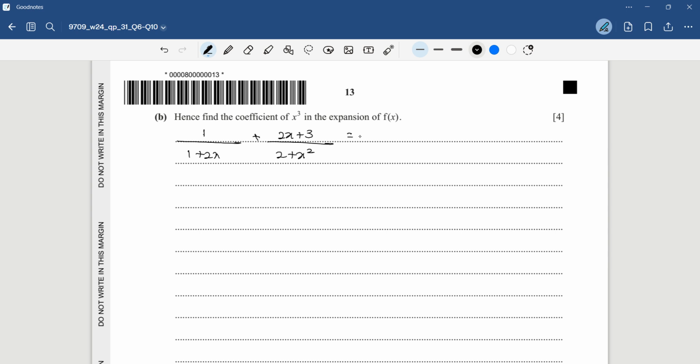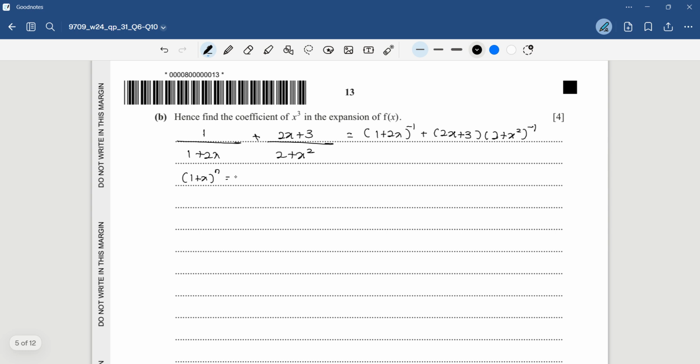I can rewrite this as 1 plus 2x to the power of negative 1 plus 2x plus 3, 2 plus x squared to the power of negative 1. And since the power is not a positive integer, we can use the binomial expansion of, if you still remember, 1 plus x to the power of n, where n is a non-positive integer,